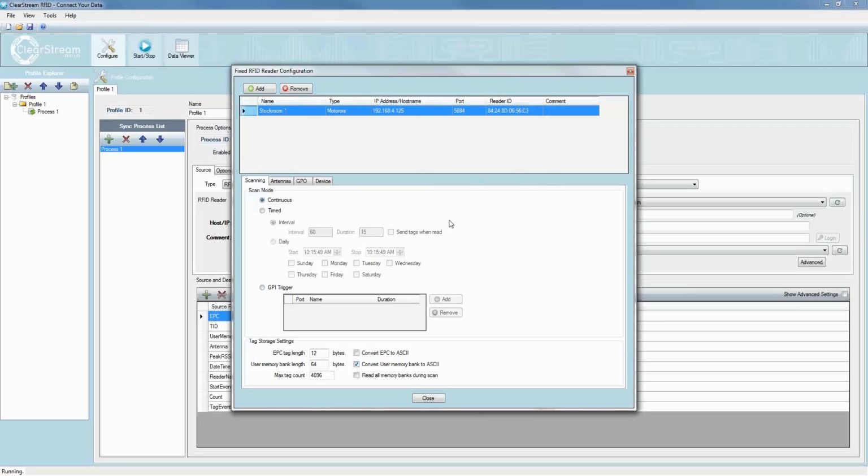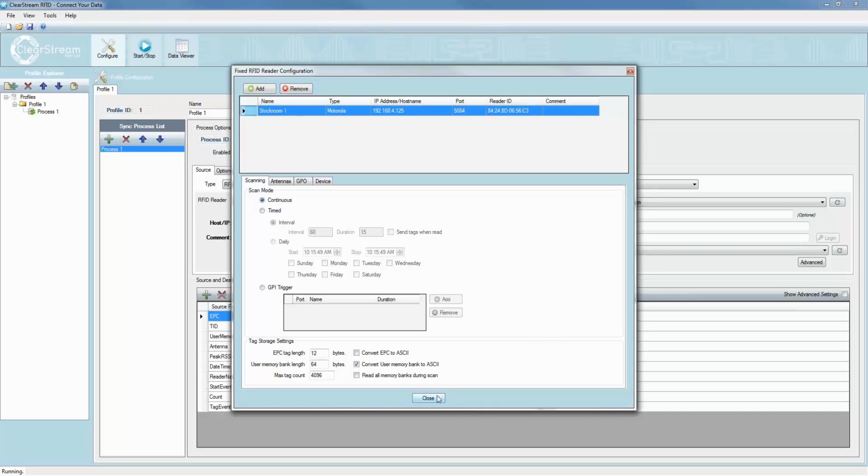And now down below here, this is where you're configuring how the reader's reading, or when the reader's reading tags, how it's reading tags, maybe the power level of the reader, and all the different attributes of that fixed RFID reader you're configuring down here. I'll start by just doing the defaults, just so you can kind of see how this works. The default here is to scan in a continuous mode. That means that fixed RFID reader you have on your network is always scanning for tags. It's just sitting there. Any tag that comes into the field of view of the antennas is captured and sent to your destination. I'll come back actually in a second and talk a little bit further about these other features here, but I'm going to go ahead with the